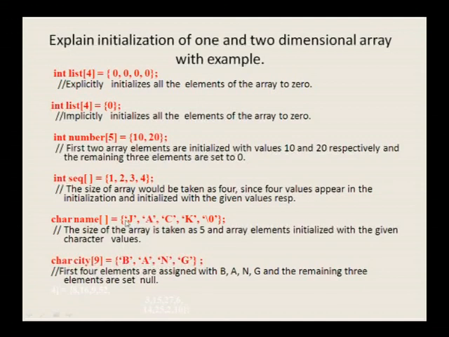Similar to that, you have the character array. Character array, as I told you, the end character would always be a \0. Here, since we are assigning single characters, we need to specify that explicitly, that is \0 should be given as a part of it. So, that is why character name, where the size is not specified, we have 1, 2, 3, 4, 5 characters that have been assigned. So, the size of this name array would be 5.